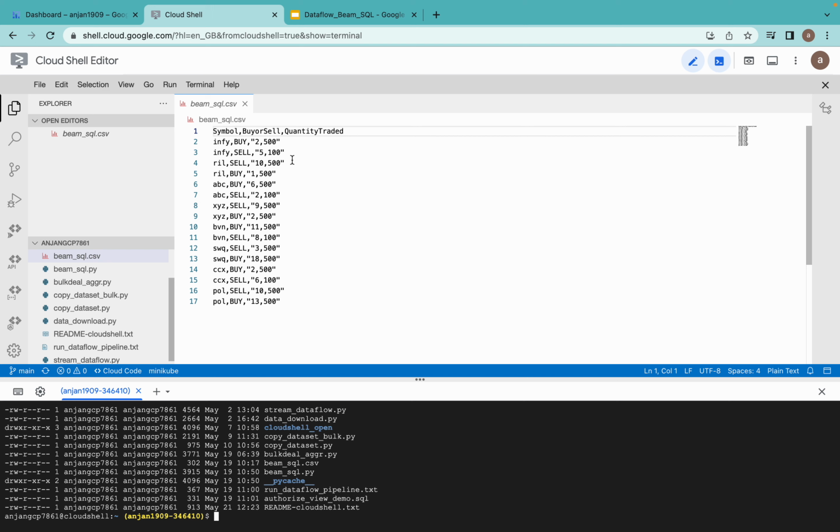Now I would like to read the data into my Beam SQL pipeline, which will have both transformations: I'm using the Python SDK over there, and I'm also applying SQL transformation on certain PCollections. This is my raw or input data, where I have columns like symbol, buyers and flag, and then quantity traded. So what I'll do in the first step, I'll be using